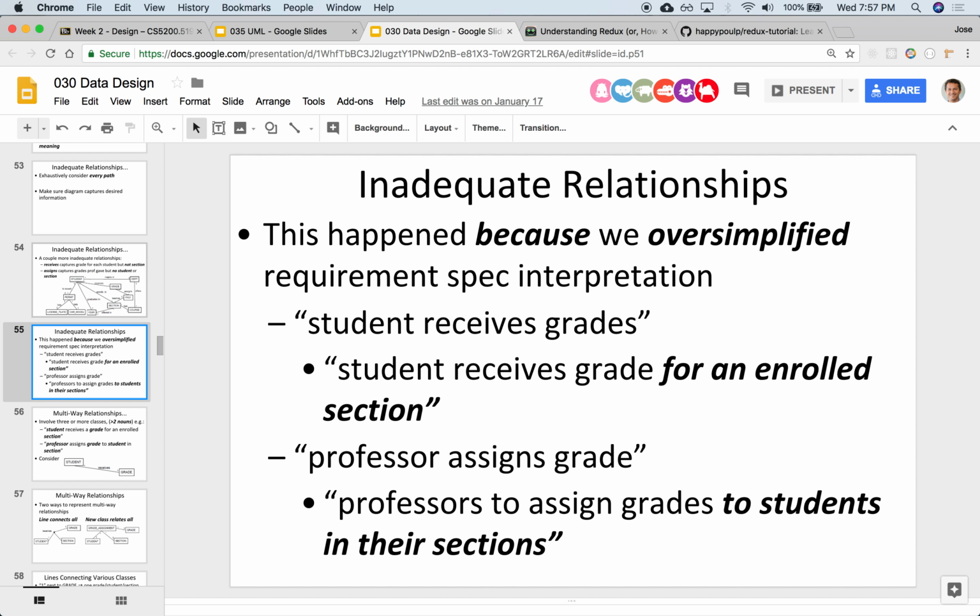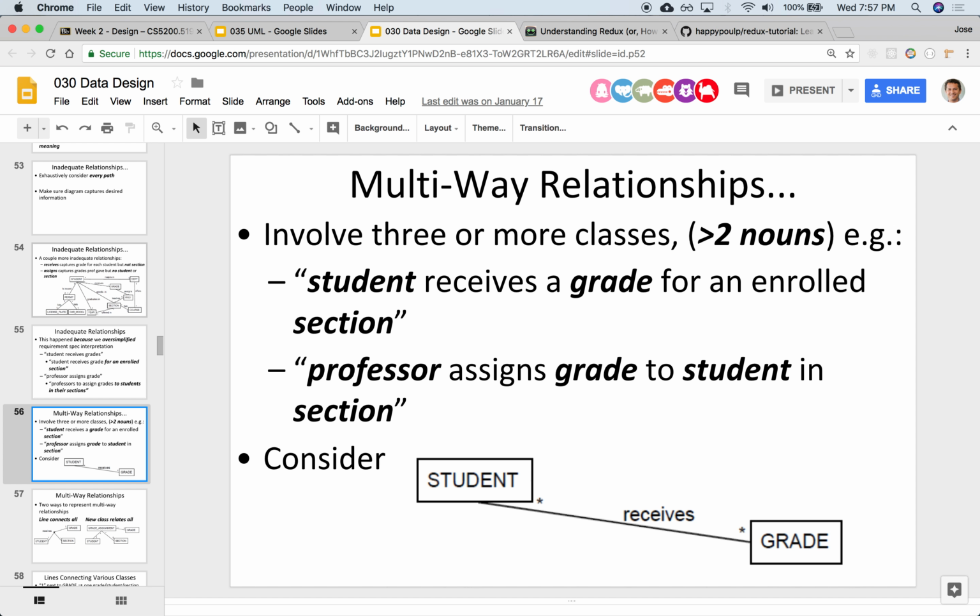We realize that if we read it again, it's really professors assign grades to students in the section, right? So the verb phrase is actually a little more complicated, right? There's actually not just two nouns associated, just professors and grades, but professors, grades, students, and sections. There's four nouns related in that phrase. Okay, so if we reinterpret that,